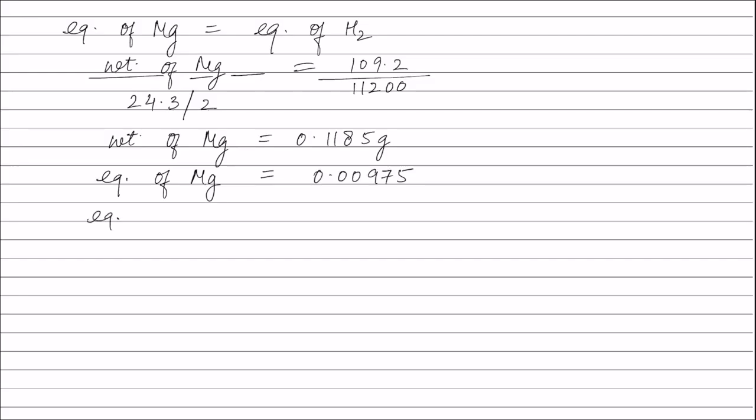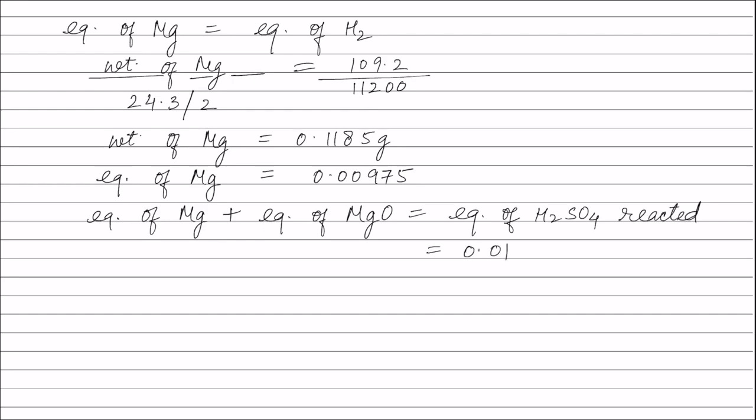Now equivalence of magnesium plus equivalence of magnesium oxide is equal to equivalence of sulfuric acid reacted, and this is equal to 0.01 equivalents. Therefore, from this equation, we get equivalence of magnesium oxide equals 0.01 minus equivalence of magnesium,